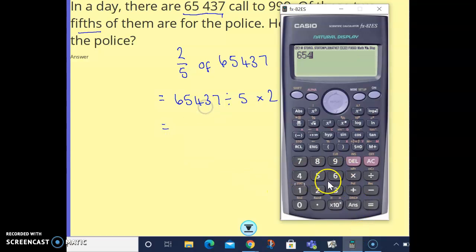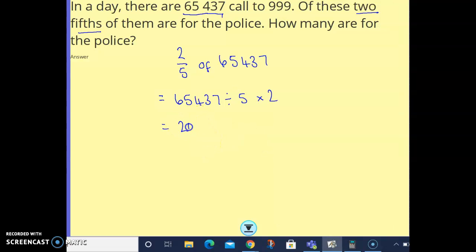So 65437 divided by 5 times 2 is 26174.8. Now again, we're talking about phone calls here, so we want this to be to the nearest whole number. So it'll be